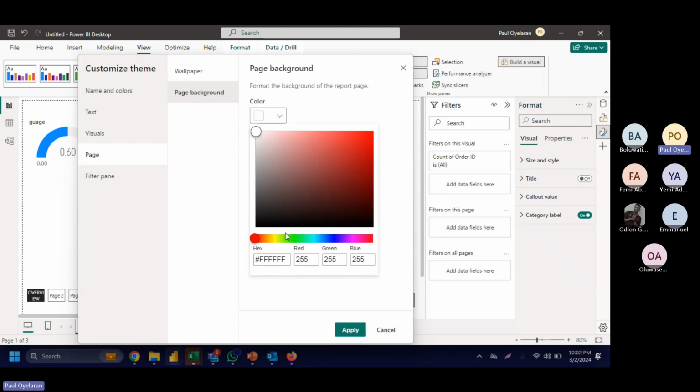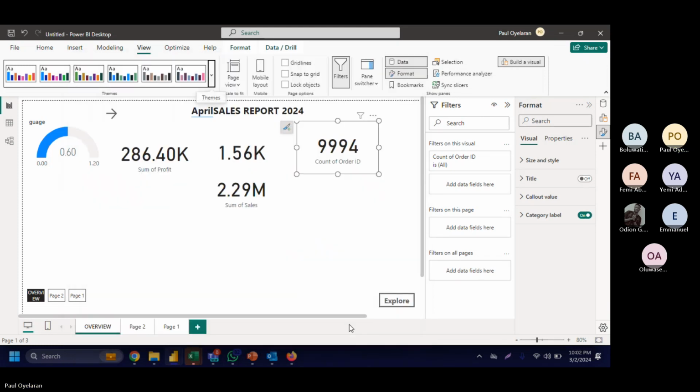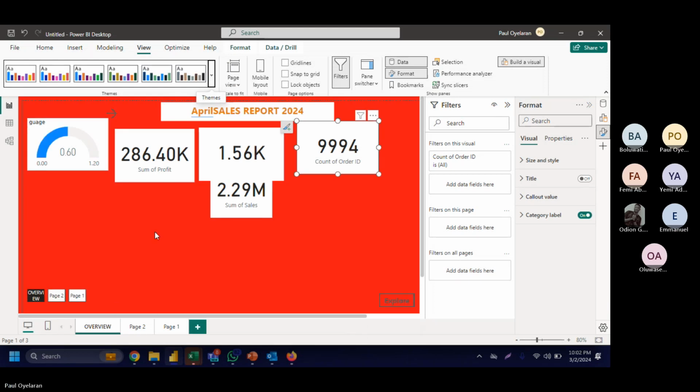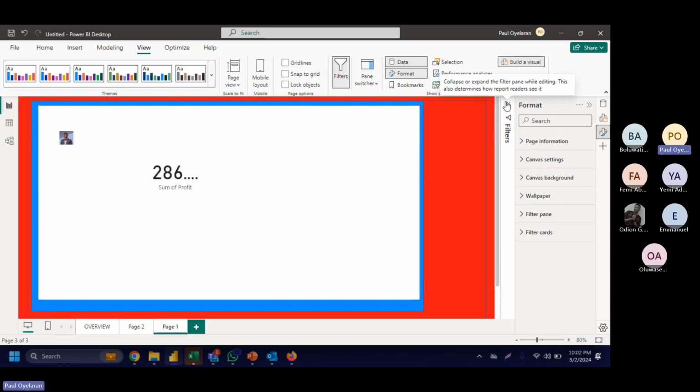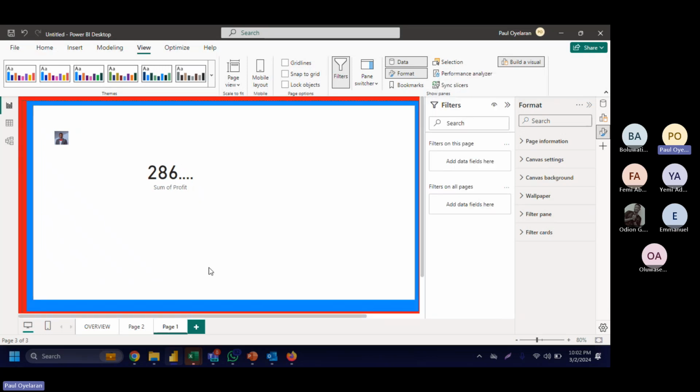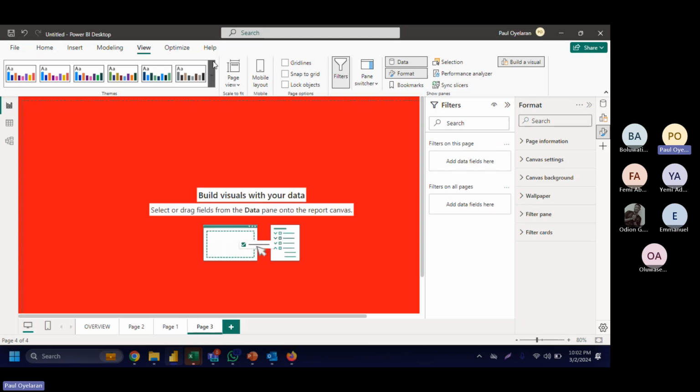You can change it, if you want it to be this color itself. A lot of things, just click apply. You can see now this thing has already changed, right? Because we changed the settings there. That's just how the page themes work here. So page view is